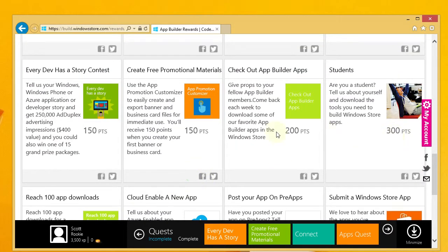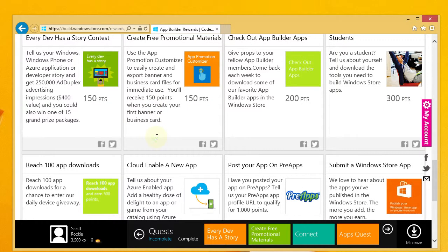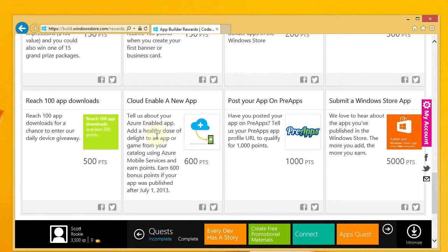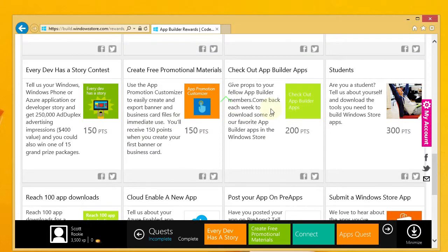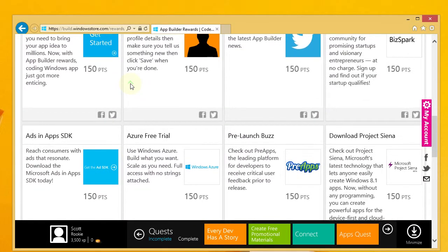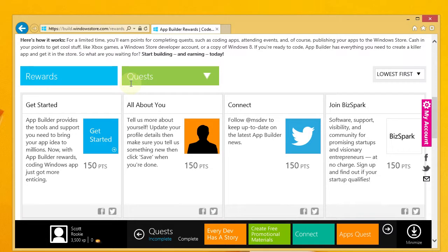I'm not a student, so I couldn't do the student thing, but I was able to do most of these. You can't do this 100 app downloads unless you actually have an app out there, so I couldn't do that. I couldn't do my cloud enable a new app because I didn't have an app out there. But most of the other ones I was able to do, and at one point they